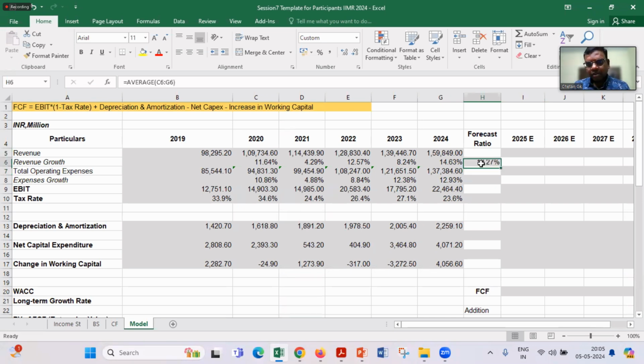So for revenue growth, you have to attend the company's con call. I am telling you how the equity research analyst will do this. He will attend a con call and ask what growth you're expecting, what sales revenue you're expecting, and whether you are going for any expansion activities. Because if I go for expansion activities, my revenues will also be more.